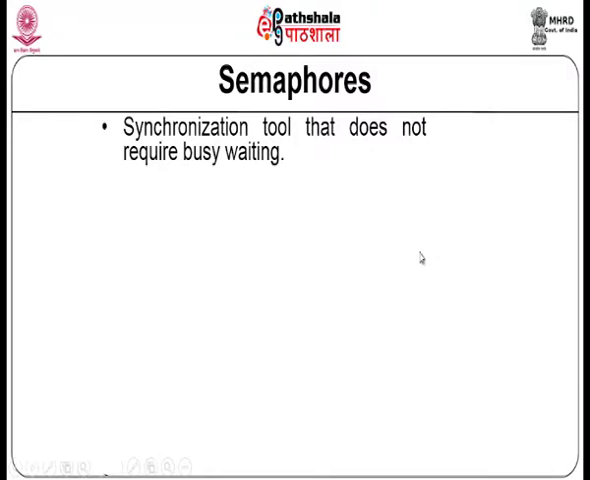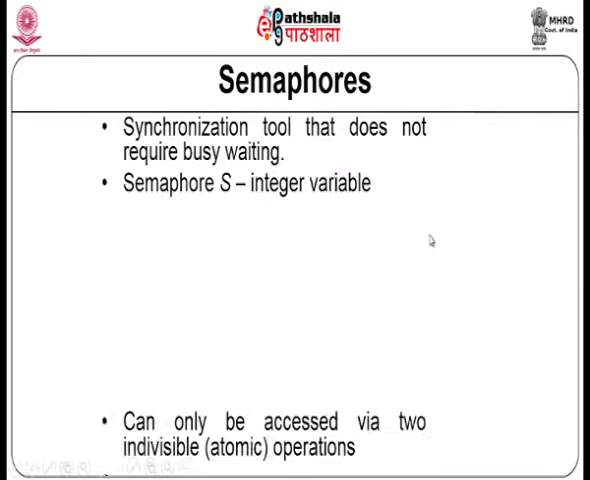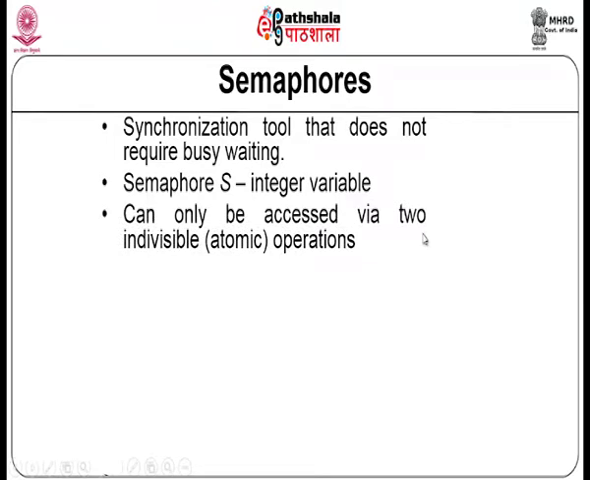The semaphore is a tool that does not require busy waiting. What is a semaphore? It is nothing but an integer variable, and that integer variable will have some initial value that is set. Based on the initial value, that many processes can access the shared resource. If you have a shared resource, you can have a semaphore that guards that shared resource, and the initial value of that semaphore will be the number of processes that can access this shared resource